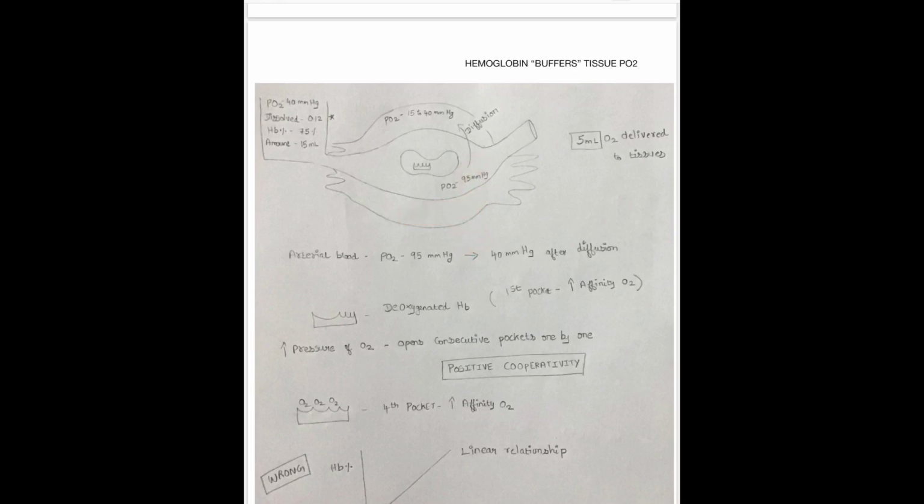Now when I say tissue, they are made up of cells. An organ is made up of tissues. So you should know this value. The partial pressure of the interstitial fluid in the muscle tissue is 15 to 40 mm of mercury. So the oxygen gets diffused into the interstitial fluid. Now the oxygen is transferred or delivered to the tissue cells.